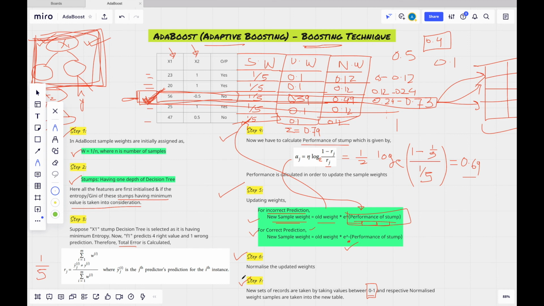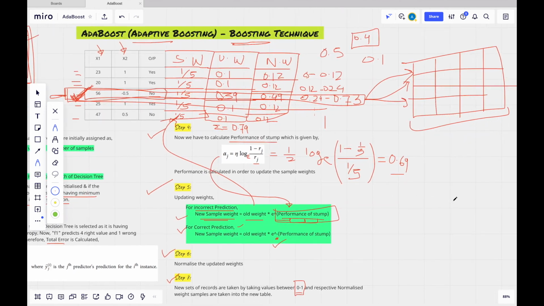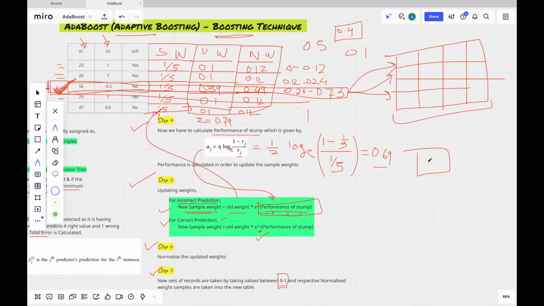For the prediction part, the model is created, now the model is trained. In order to get the prediction for the test part after the training, voting is taken. We have multiple models, multiple stumps.